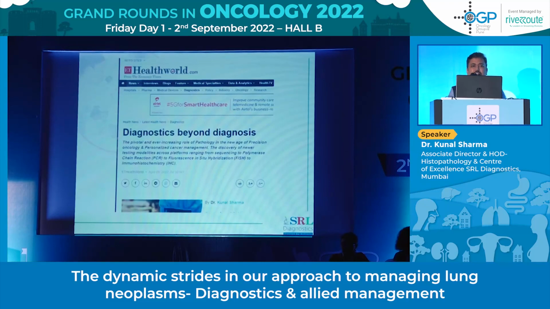So the idea of giving this talk today was to reinstate the fact that the pathologists of today, our role is way beyond the diagnosis that we make on the slide. Our role goes right to the level of telling what targetable mutations are present, what targetable drugs should be used, whether PDL1 is positive or not, whether immunotherapy would be effective or not. We are as much a part of clinical decision making as clinicians, though we might be the cooks and the chefs in a restaurant who are not always seen, but it's that sumptuous meal, we have a very big role to play.